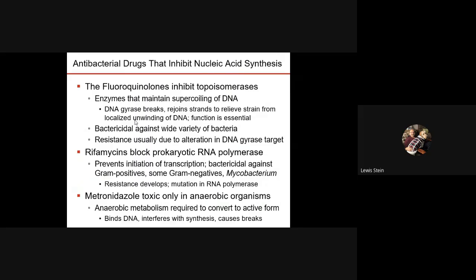I can remember this like it was yesterday. Lou, are you using Cipro now? I said, yeah. What do you use it on? I said, well, I used to use it on staph and strep. It doesn't work. I stopped, and the other doctor would say, I'm not using either. It only works on gram negatives.